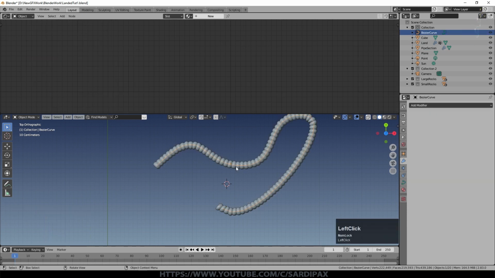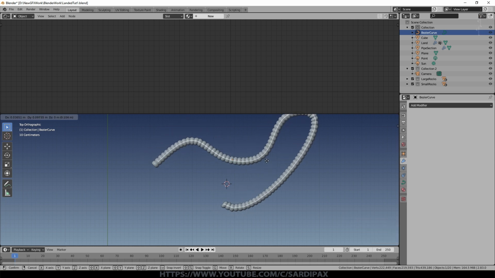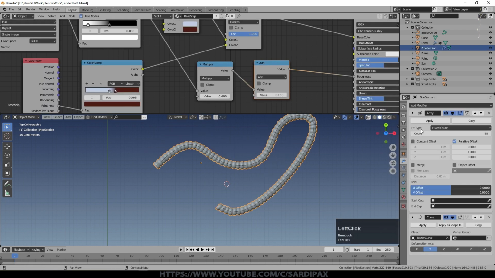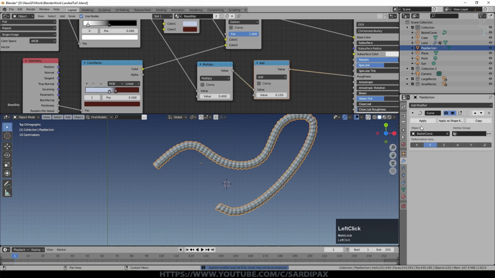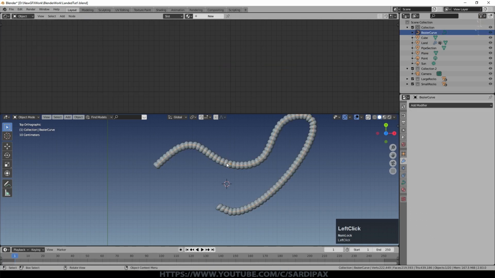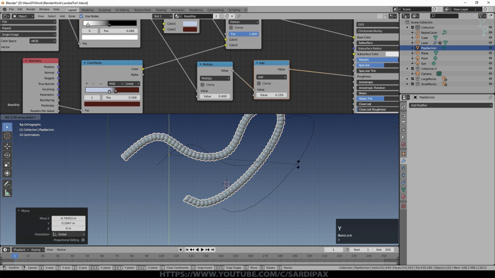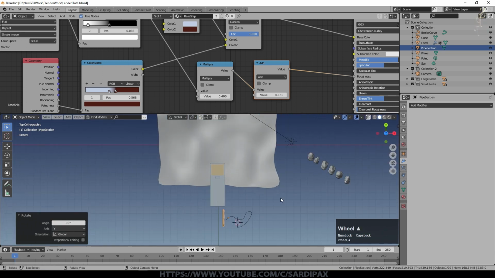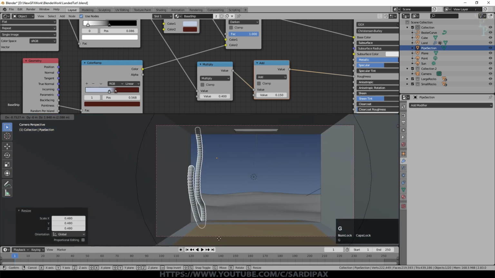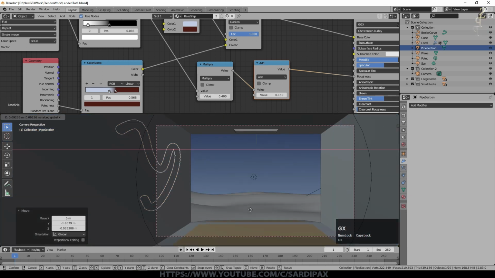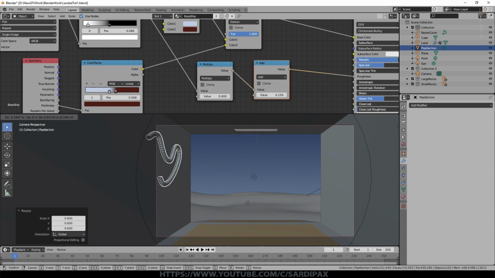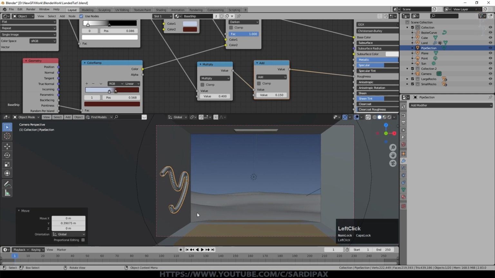You can leave it like that, but you'll need to keep the curve and the mesh in line. Otherwise, as you can see, if you move either of them around, it moves around. But the other option is just to apply the array and then apply the curve. And now you've got an object you can move around. So I'm going to rotate Y 90, and then I'll put that up here somewhere. Probably need to scale down a bit. Perhaps even smaller than that. So I put it something like that.